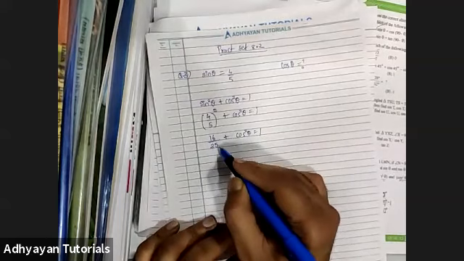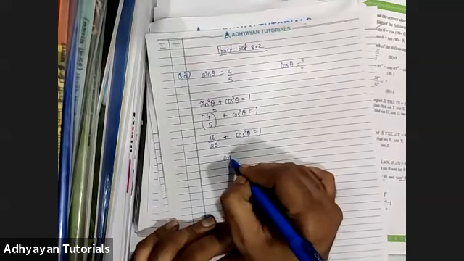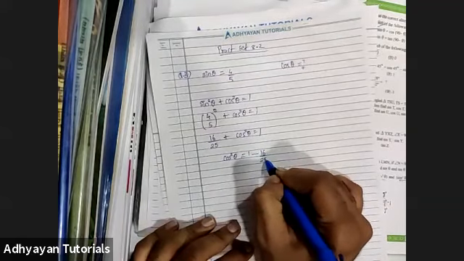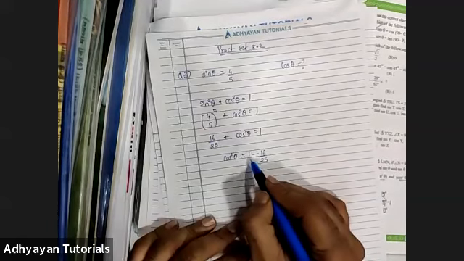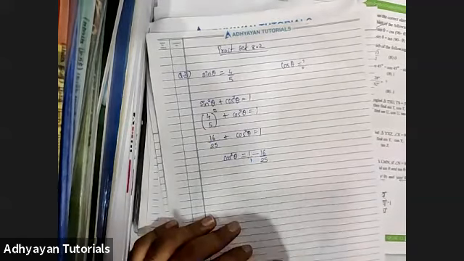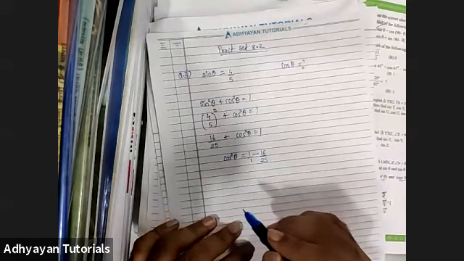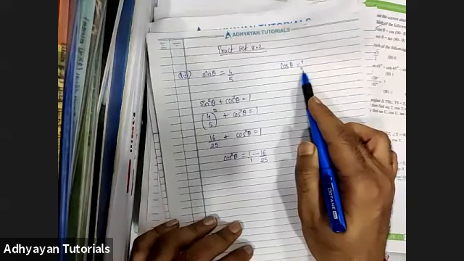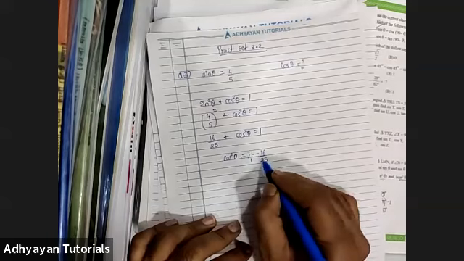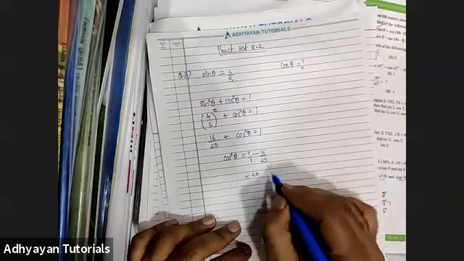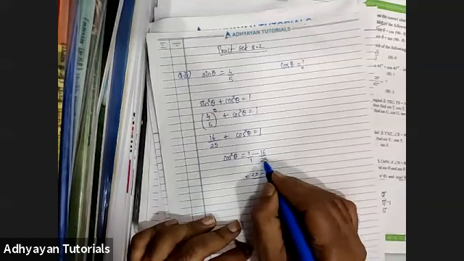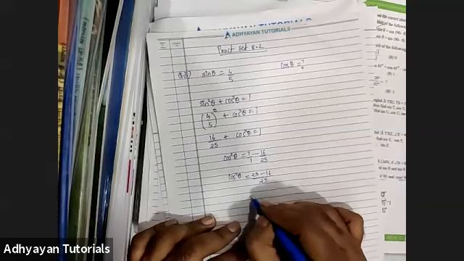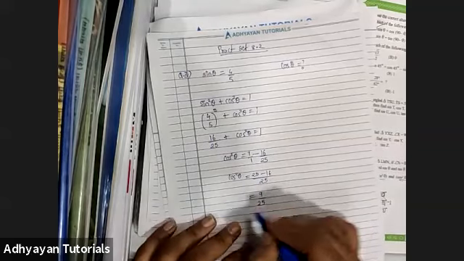Okay, now I shift 16 upon 25 to the other side, children. So since it is positive, it goes to the other side, it becomes negative, right? Now, I hope everybody knows there is nothing under 1, meaning there is a 1 always here. And we cross multiply. Cos theta is equal to question mark. Okay, so 25 into 1 is 25, 16 into 1 is 16, and 25 into 1 is 25. So we keep cos square theta here as it is. 25 minus 16, children, the answer is 9 upon 25.